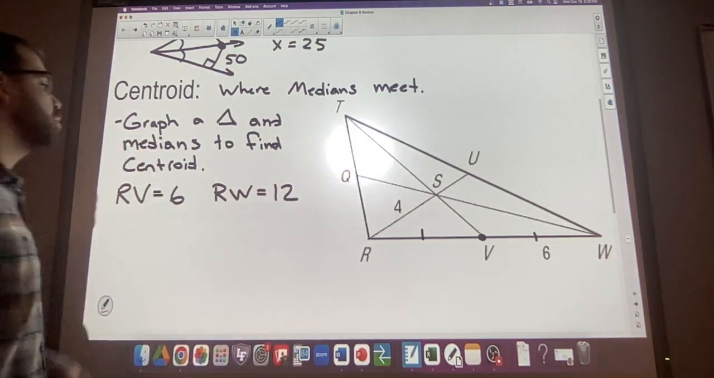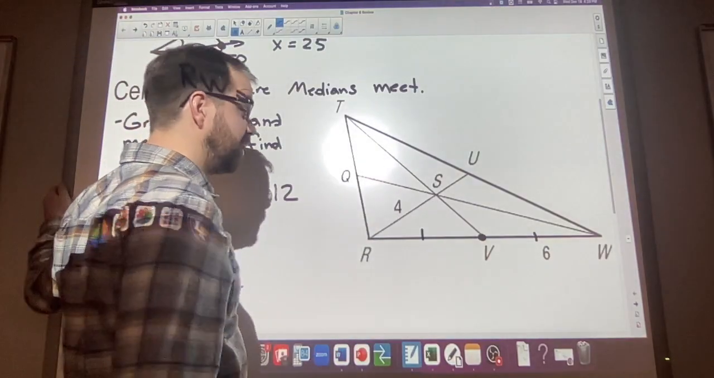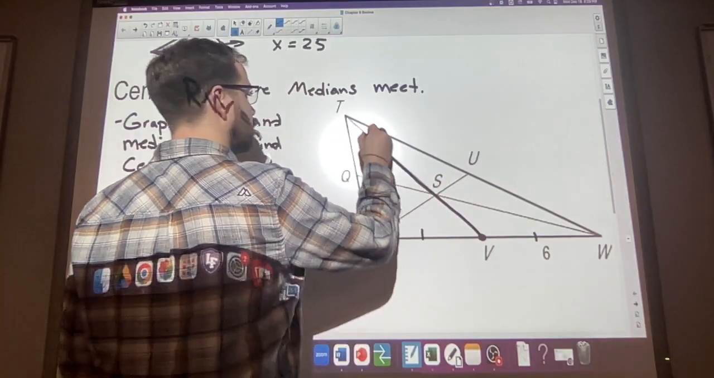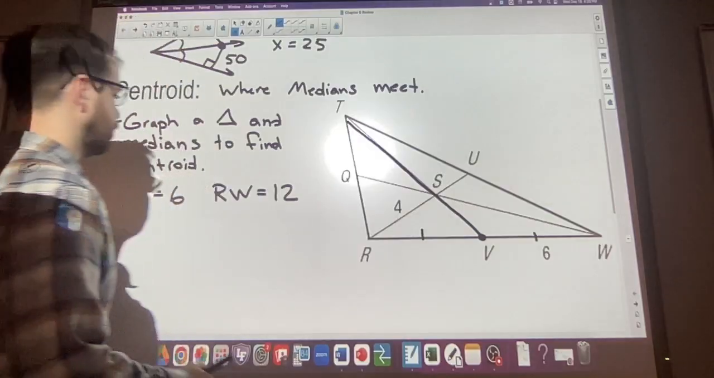All right. Now you also need to know the ratio of the segments for each median, right? So let's look at this one here. Actually, yeah, let's do that. So let's say if,